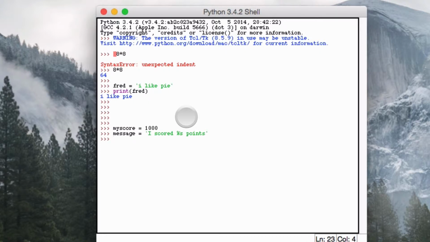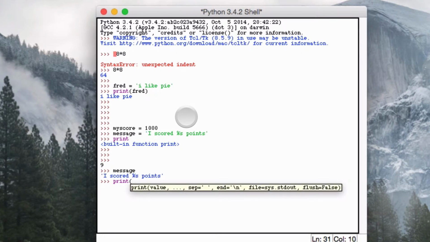Then whenever you have them step on it, you would say print open message, and then you'd say, oops, hold on, I moved my cursor and it made the screen glitch out. So we're going to say print message, which is saying print, of course, the message,